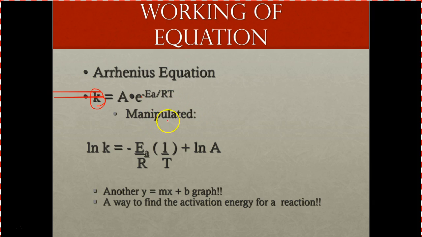If we can manipulate it a little bit to get rid of this exponent, how do we get rid of an exponent mathematically? We take the natural log of it. So when we take the natural log of this, we get the natural log of A coming out by itself added to this Ea over R times 1 over T. And if you look, it does the same thing. And so basically, guess what we just have? We have another y equals mx plus b graph,